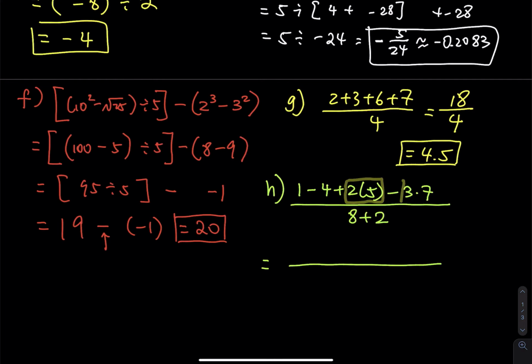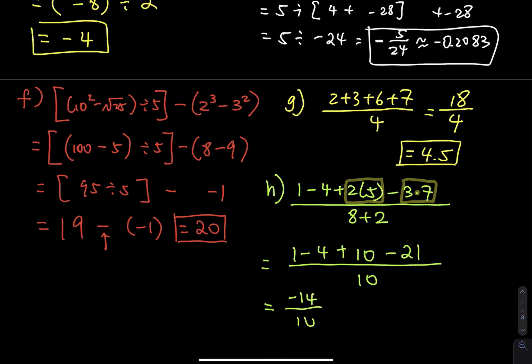And then the 3 dot 7, these big dots represent multiplication. So they both have equal priority. We can do those simultaneously. So we have 1 minus 4 plus 2 times 5 minus 3 times 7 is 21. And then a plus 2 times 5 is equal to 10. So 1 minus 4 is negative 3. Negative 3 plus 10 is equal to 7, and then 7 minus 21 is equal to negative 14, and then